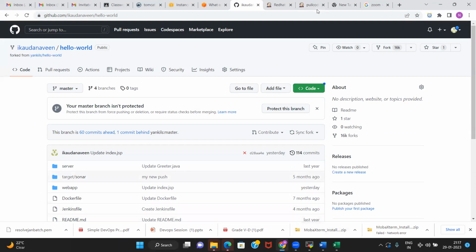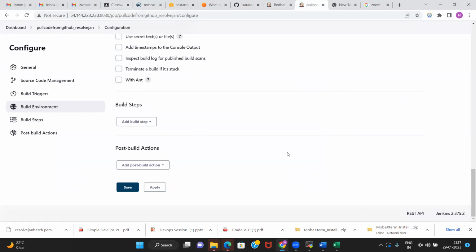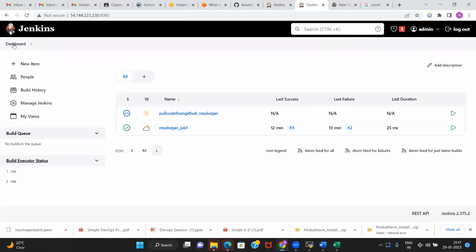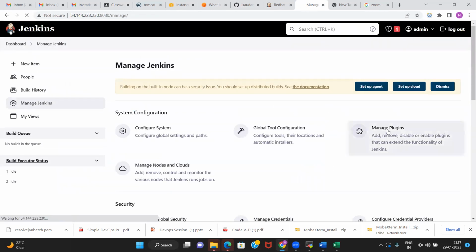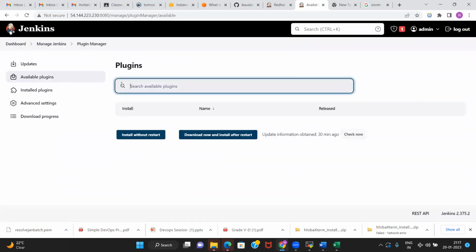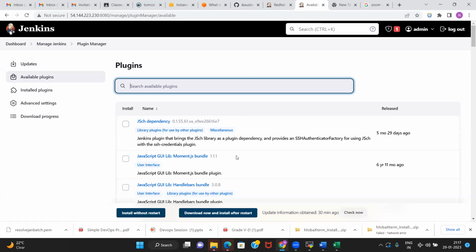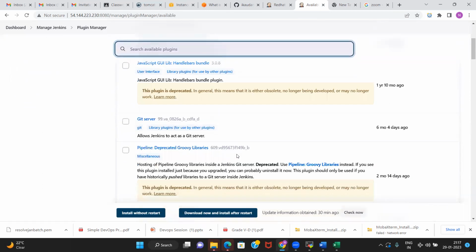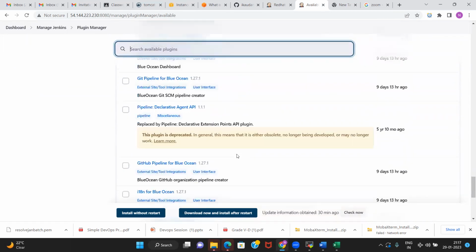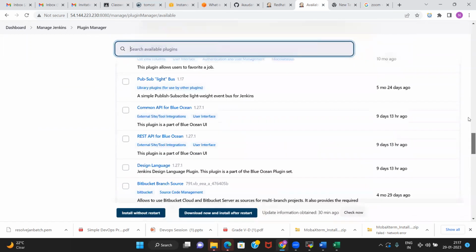That is done with the help of a plugin, a default plugin. And let us see what the plugin is. And just apply and save. And let me show you one more thing, that in the dashboard, you have Manage Jenkins and you have Manage Plugins. Okay. I talked about the plugins and I said that there are certain default plugins that were installed at the time of Maven installation, and you see all these are default plugins. These came when we installed Maven and selected default plugins.